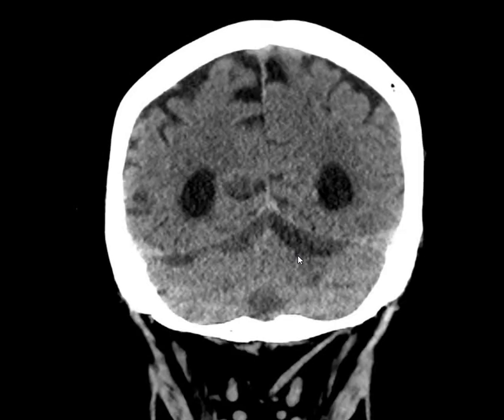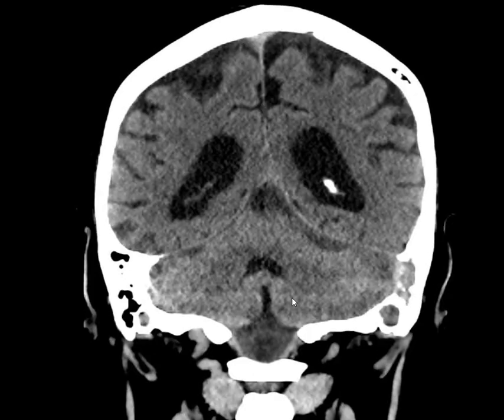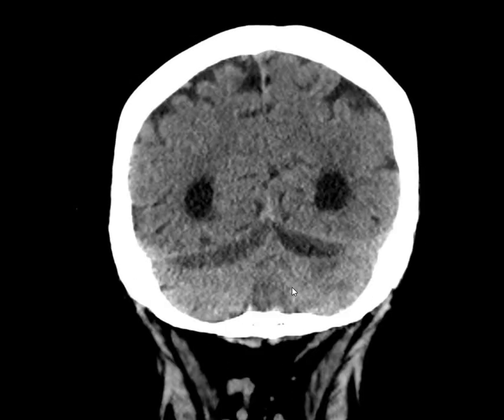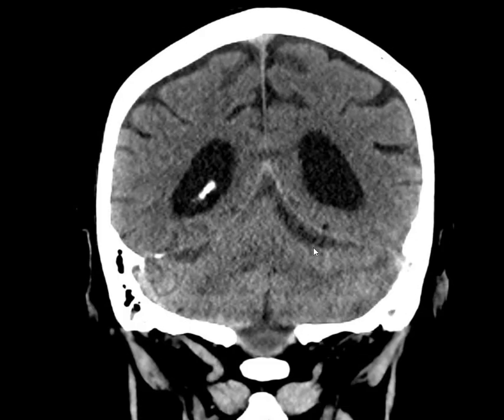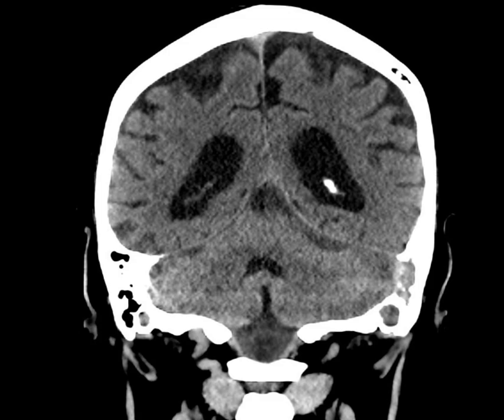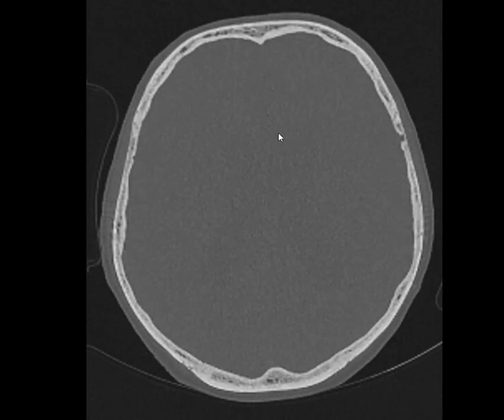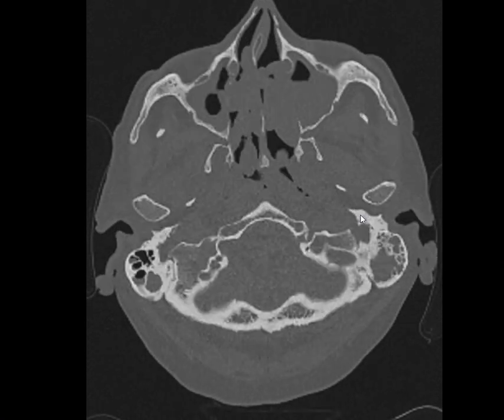And I can see few area of hypodensity in the cerebellum. And when I'm scrolling, I can see it tracking through and going into foramen magnum. And later on in bone window, when I'm comparing both the area, I can see